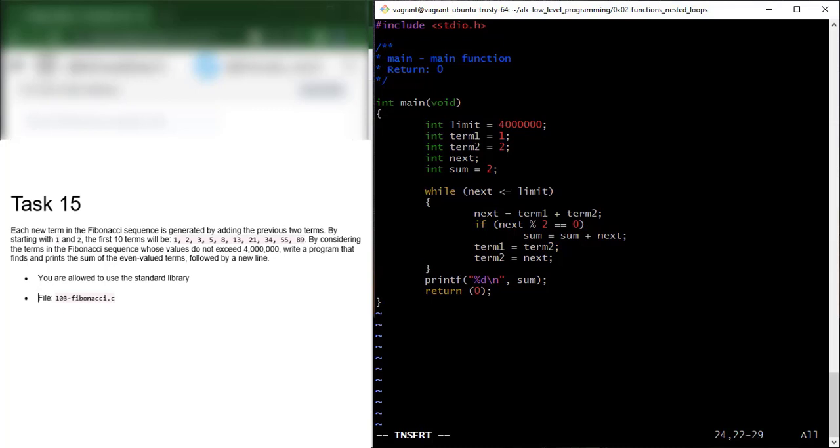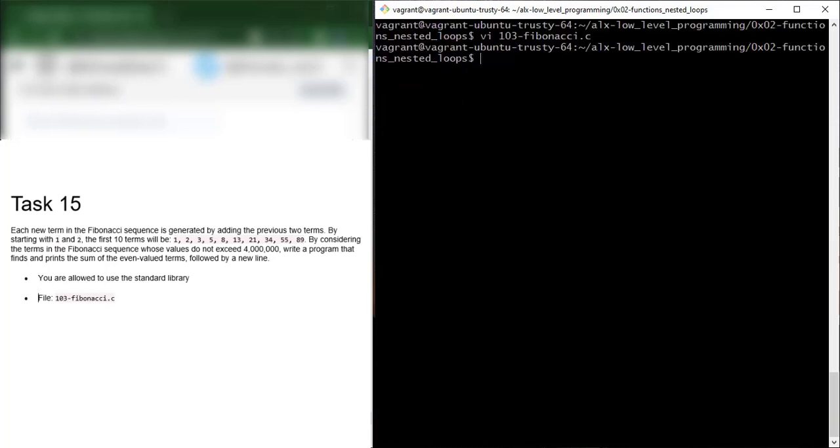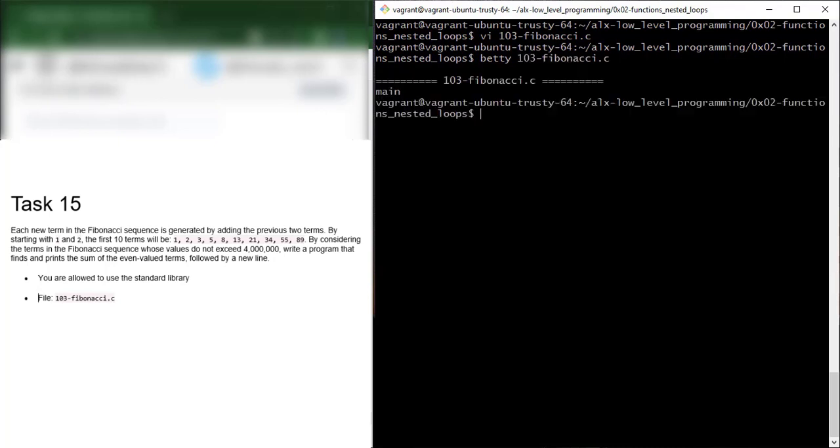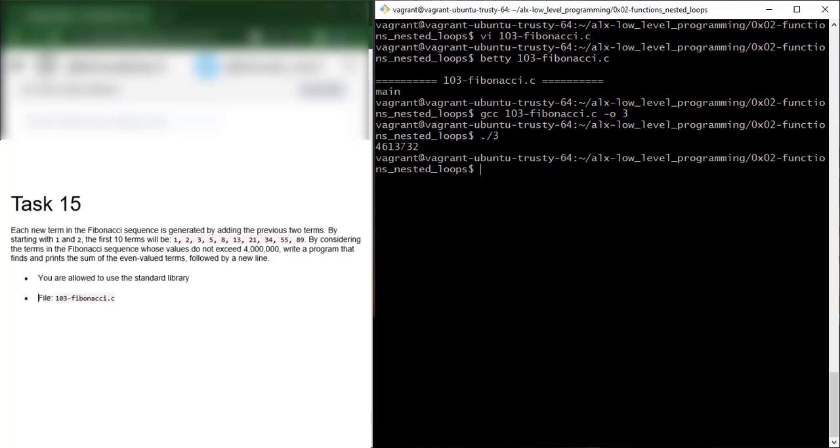All right, so let's check this. Before that, let's run Betty on the file 103. All right, so Betty is fine. So let's compile 103. Sorry, let me just call it 3 here. All right, so run it. So as you can see, we got